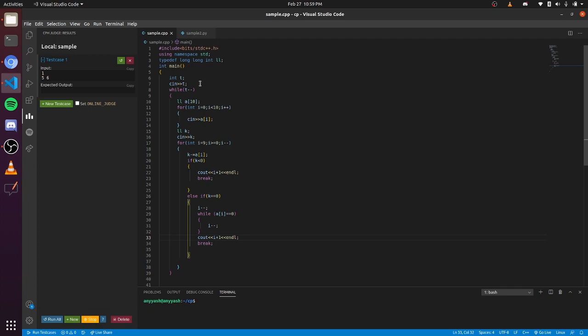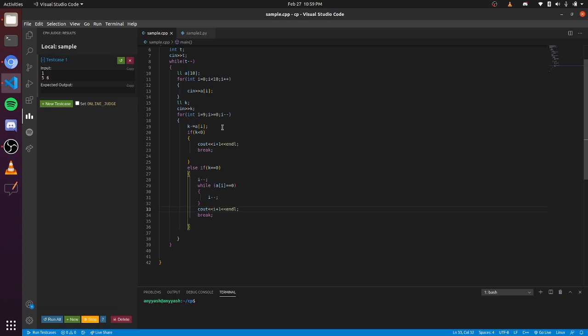So first I have taken an integer t, that is the number of test cases, and for each test case we are creating an array of 10 numbers which are the 10 difficulty levels, and then we'll be taking the input from the user, and then we'll be beginning from the highest difficulty level, which is 9 here because we are using 0-based indexing, and then we'll be subtracting the number of questions from the value of k. So after subtracting from a particular difficulty level, if k is less than 0, then we'll be printing I plus